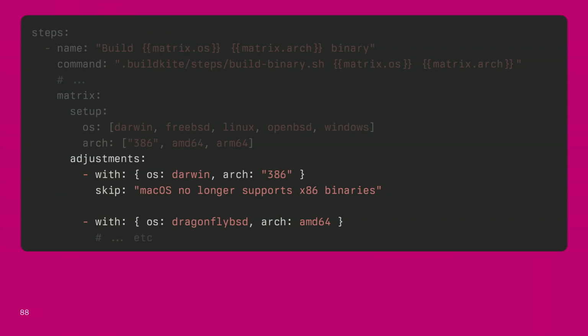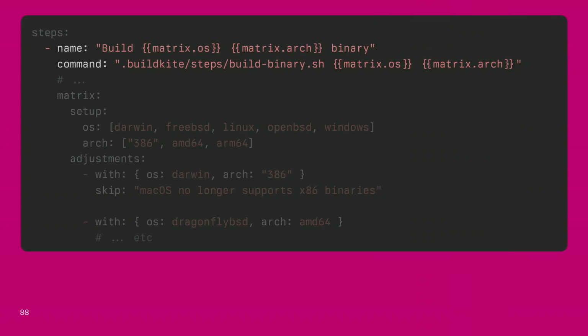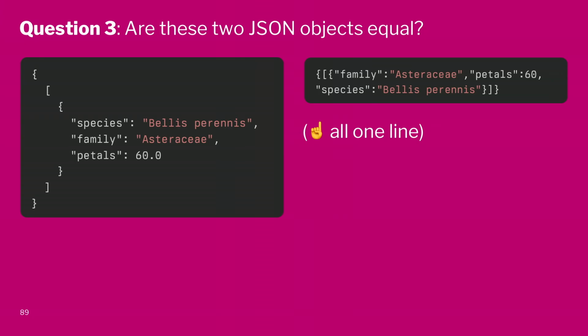So we no longer build really old Intel binaries for Mac. We specifically add DragonflyBSD, that kind of thing. And then those values get filled in multiple combinations into things like the name and the command. So we need to sign all of that. And then it gets transformed into JSON